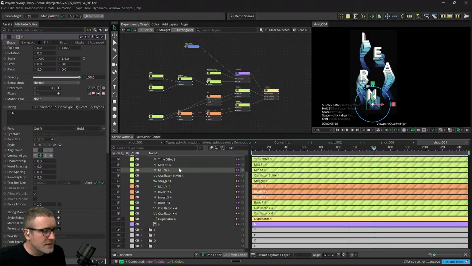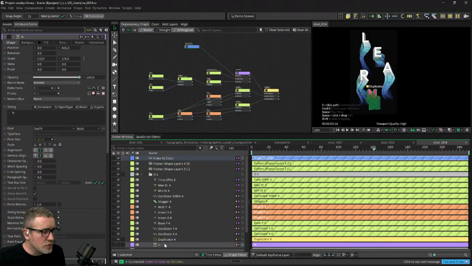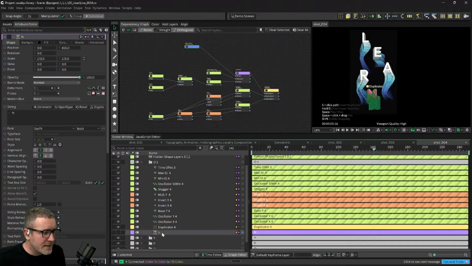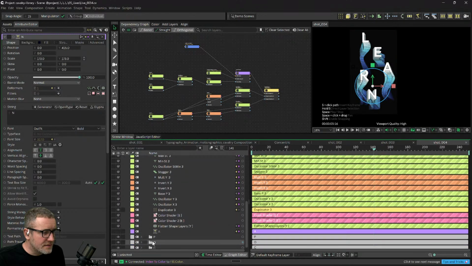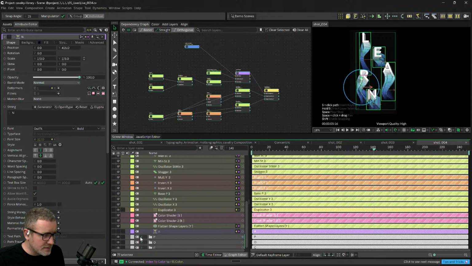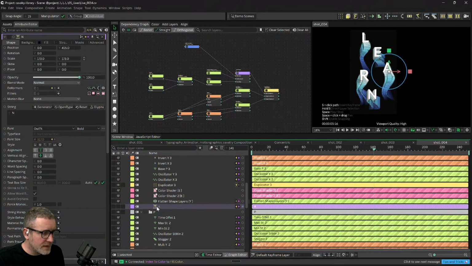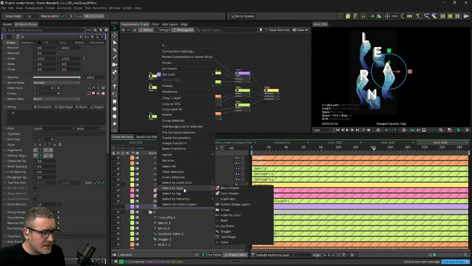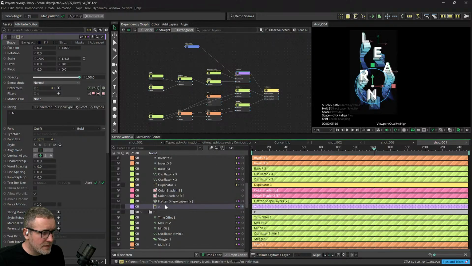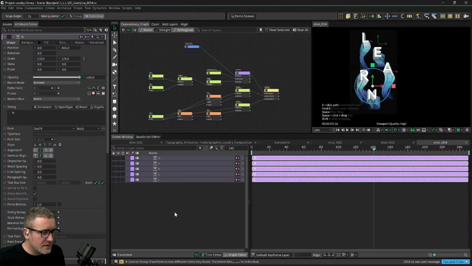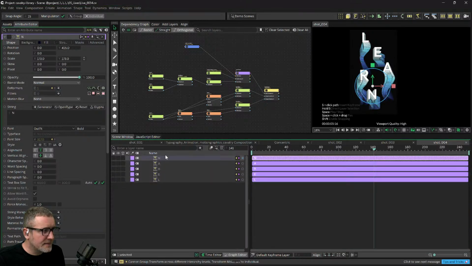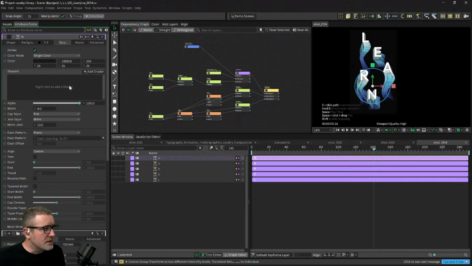Okay. Last thing we need to do is grab all of those text layers. So to do that, we need to open everything up, click select by type, text shape, and isolate. So the stroke, now